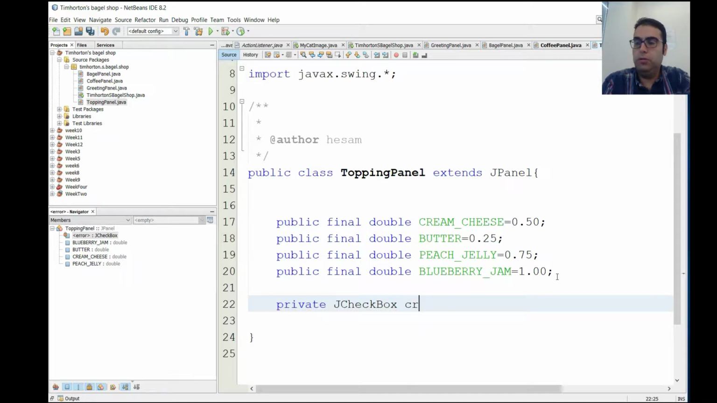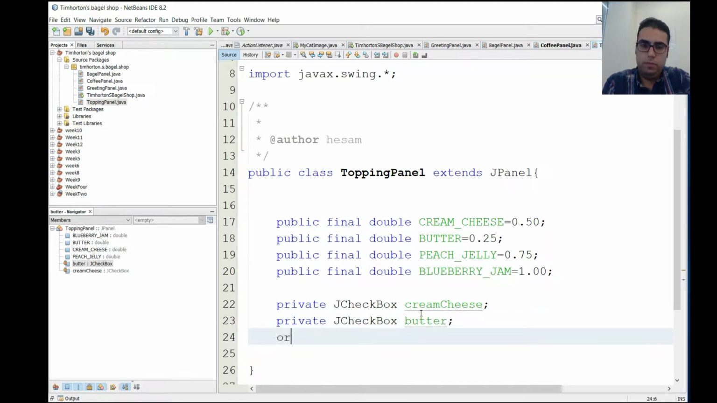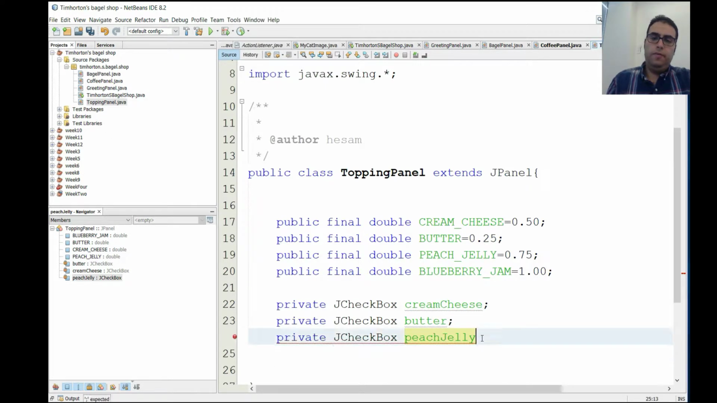So that's the JCheckBox. Let's call it cream cheese. JCheckBox. Butter. Or peach jelly. And